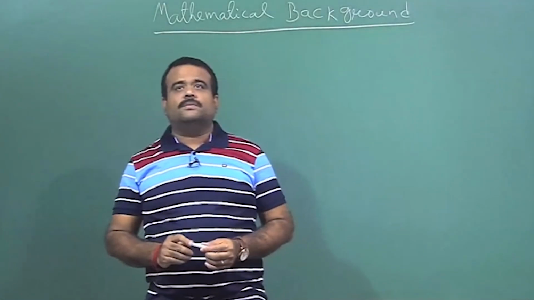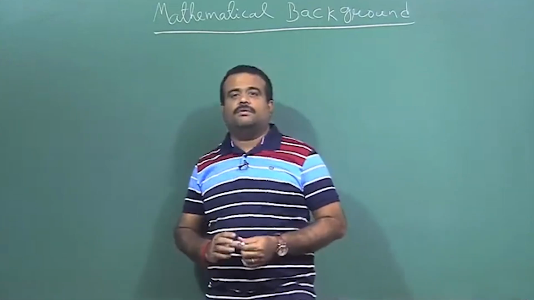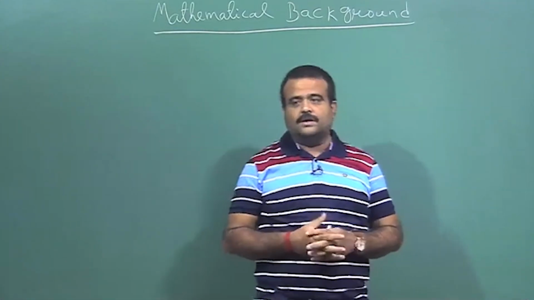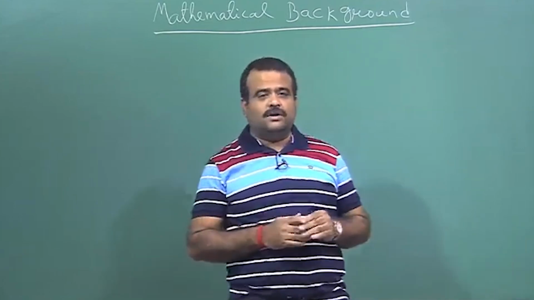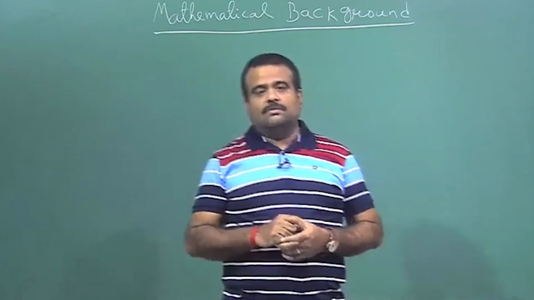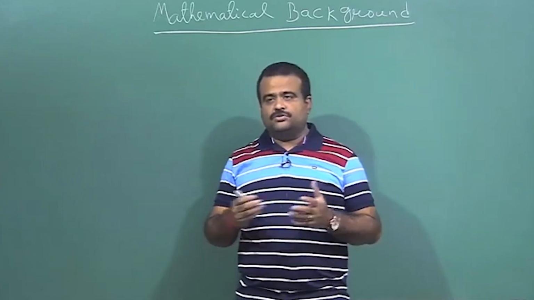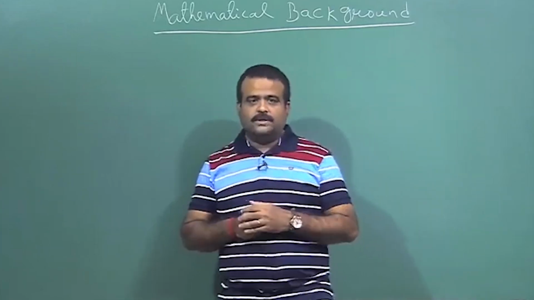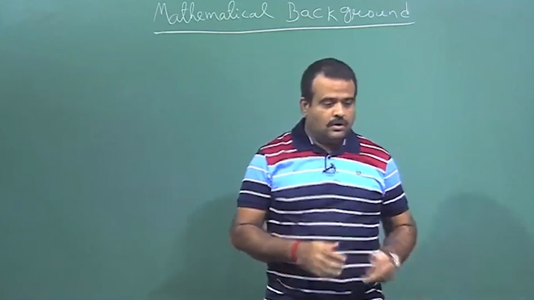Okay, so we talk about some mathematical background which is required to understand the cryptographic algorithm. We have seen that for LFSR we are using something called primitive polynomial. And for AES we need to use some Galois field polynomial, but the Galois field knowledge, finite field. So this mathematical background is required.